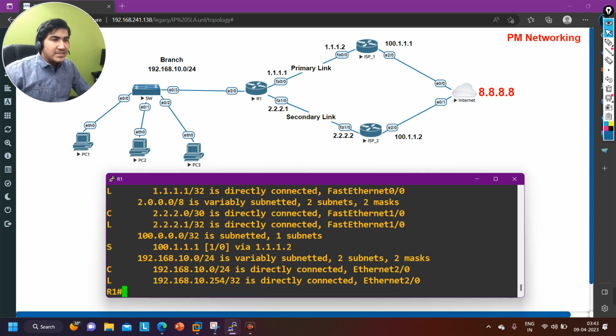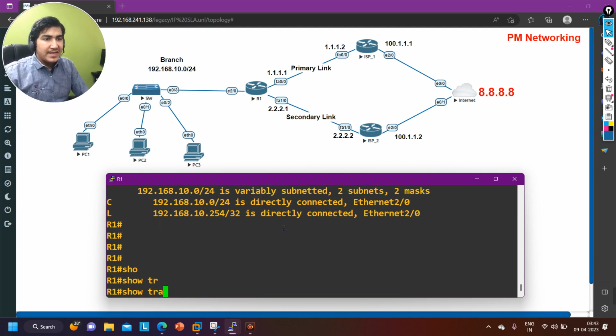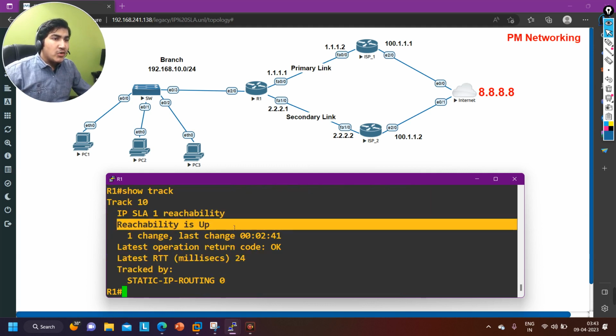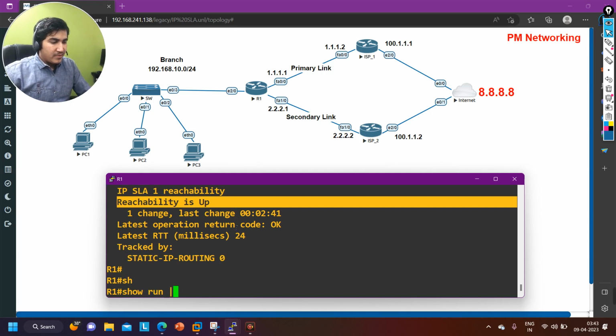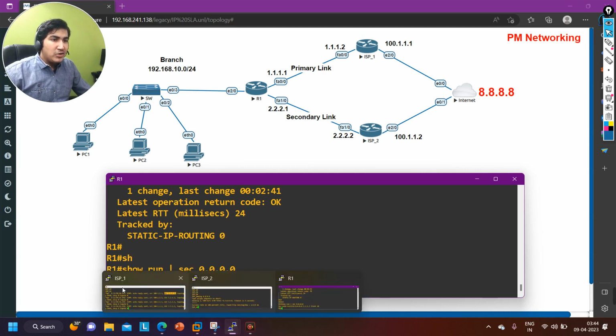So why is this route there in the routing table of router 1? Because track is up. If track goes down, what will happen? The router will remove the static route, yes or no? So run section 0.0.0.0 if you want to verify it. You see here ip route 0.0.0.0 0.0.0.0, next hop IP address 1.1.1.2 and track number is 10. So if this track goes down, if I bring down ISP1